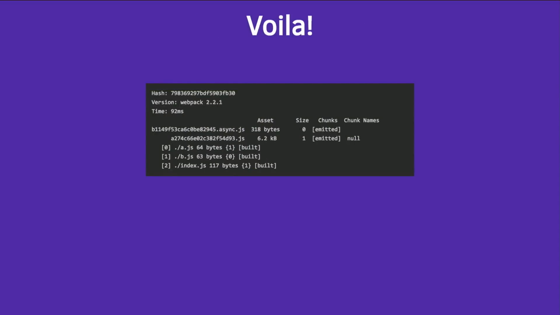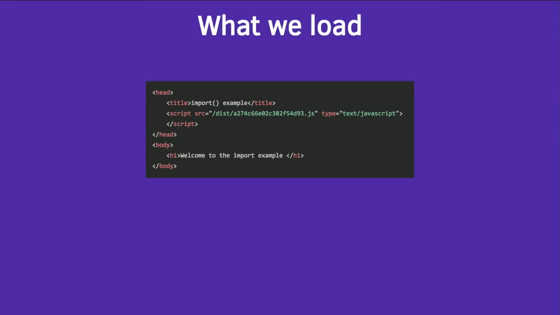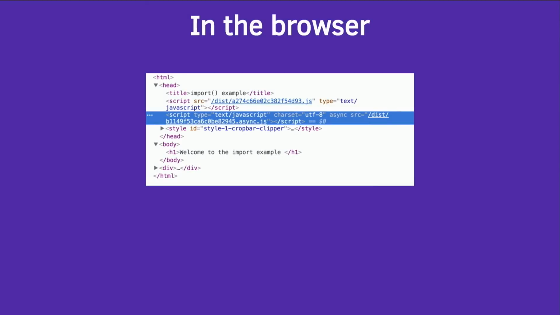Webpack spits out 2 files automatically. That's it. You have your main file which synchronously loads stuff, and that asynchronous file, the JavaScript that you were loading, is created in a separate file. You don't need to load all that JavaScript. You just load the synchronous part of it in a script tag in your head. But what happens when you actually load this in your browser? Since dynamic import isn't available in browsers yet, Webpack polyfills that and adds an asynchronous script tag to the head. That's it. It'll lazy load. Browsers will asynchronously load that. It's not render blocking anymore.